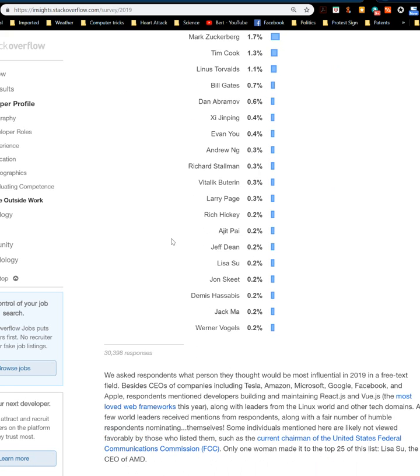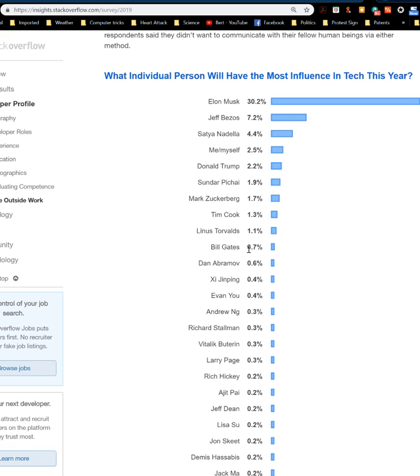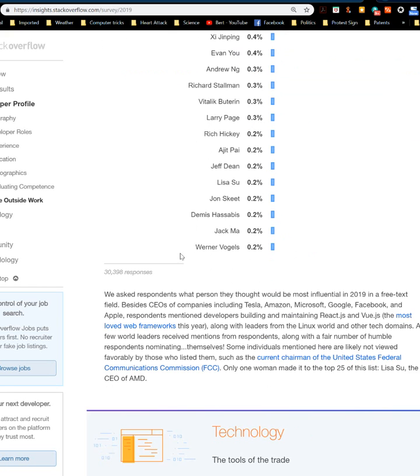It was a person that had the most influence this year, Bill Gates. How's Bill Gates going to have any influence on the tech industry? He has like none at all. He's off running a foundation. He doesn't have anything to do with tech anymore. Anyway,